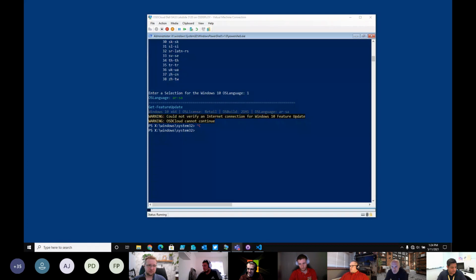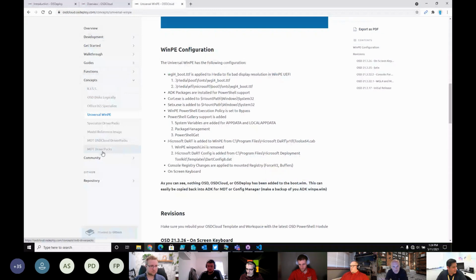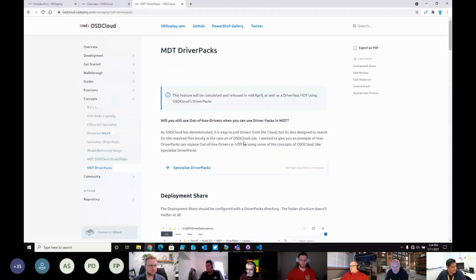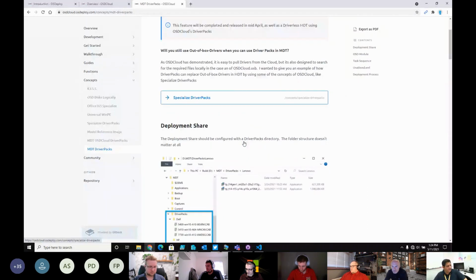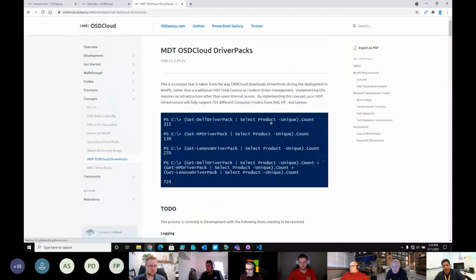So there is some benefit of taking some of these concepts and putting them in MDT or Configuration Manager. I'll go back to the website, and we can see here MDT driver packs. Again, this is all detailed here on the website, so you do have some instructions on how to use the drivers for MDT. It works quite well.